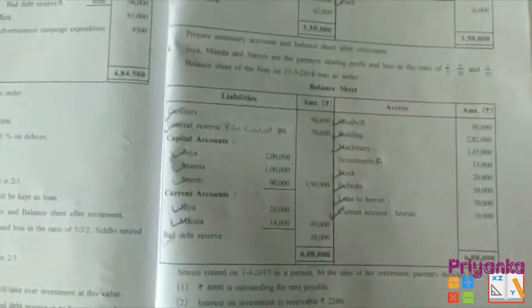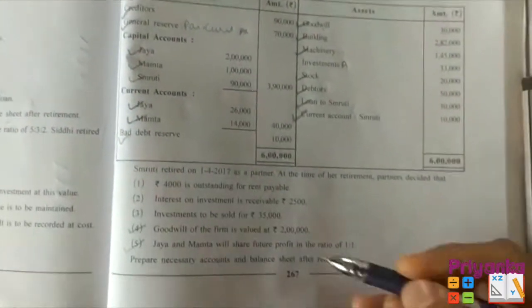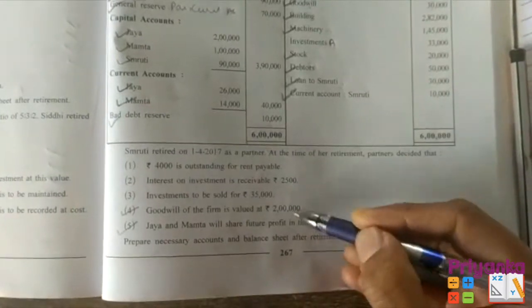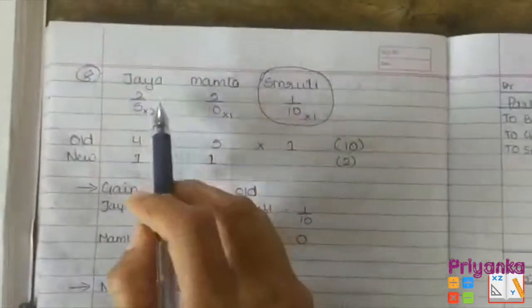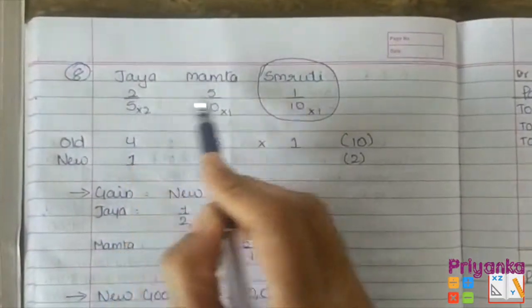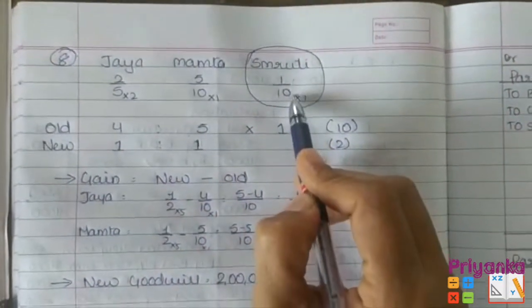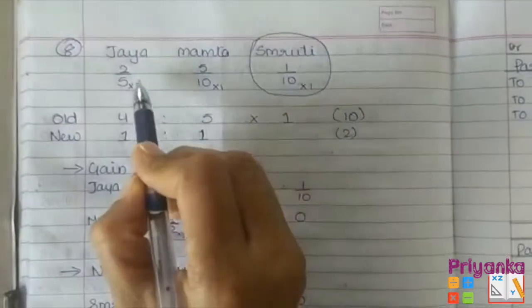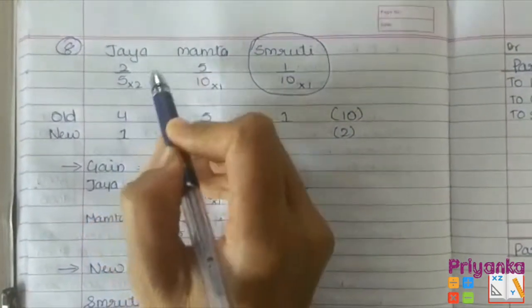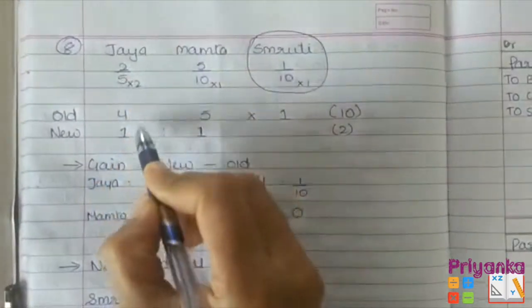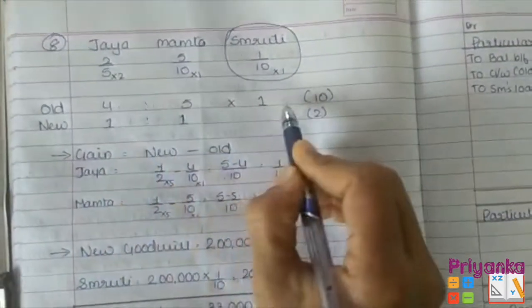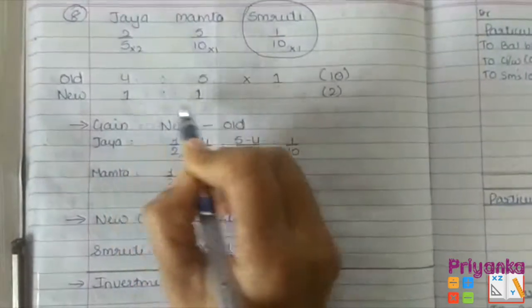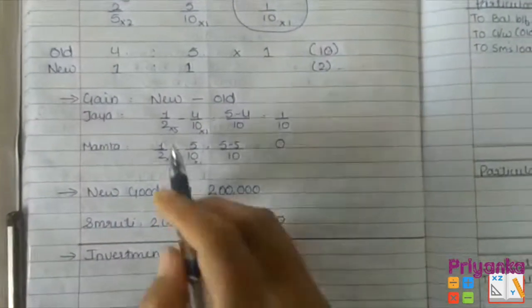Now, as we end up with all the entries, I'm going to show you this first goodwill value and the new ratio. As in the ratio, in the question it was given like 2 upon 5, 5 upon 10, 1 upon 10. Take a common number 10. तो 5 2s are 10 आएगा. यहाँ पे मैंने LCM ले लिया. 2 2s are 4, 1 5s are 5 and 1 1s are 1. So here we got the old ratio and here the new ratio which is given in the question.